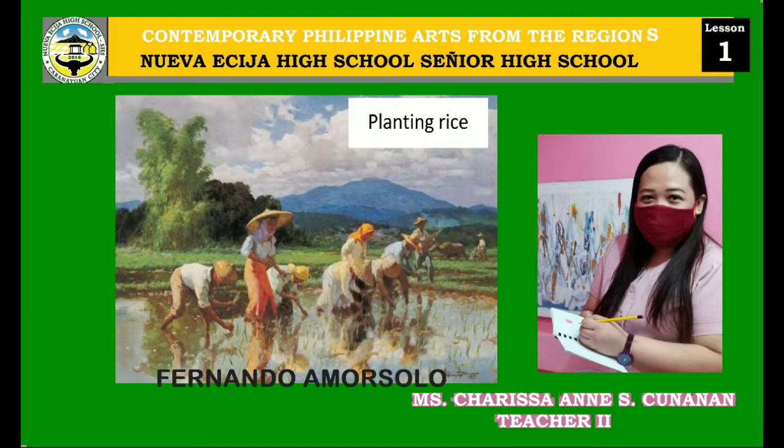Its range goes from artwork depicting mythological figures on pottery to the Sistine Chapel and to the human body itself. In the picture, you will see the painting titled Planting Rice.